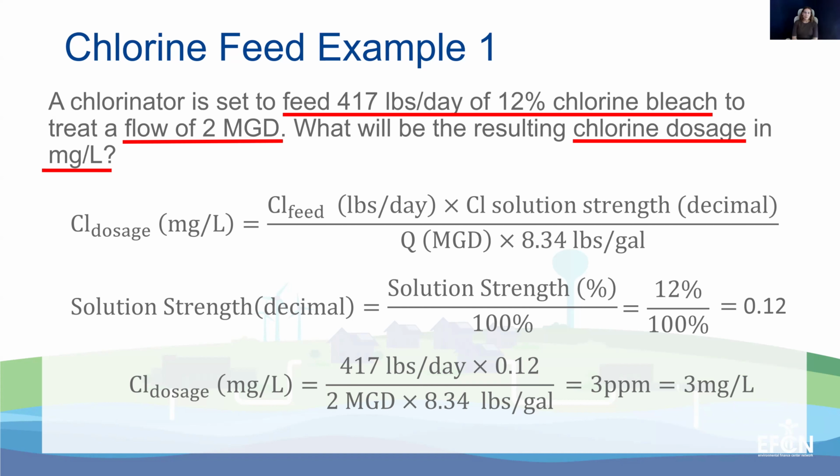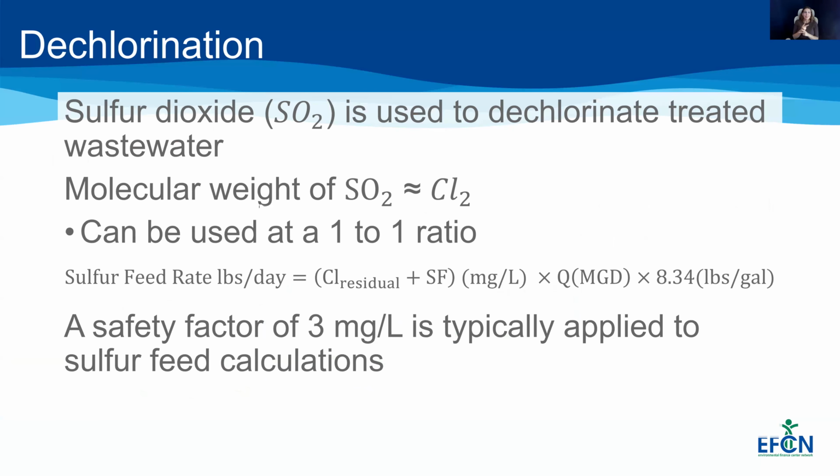Now, also with chlorination, a lot of times we want to be able to calculate our dechlorination as well. A typical chemical that's used to dechlorinate and remove chlorine from our wastewater is sulfur dioxide. Now, this is done because chlorine can cause things like fish kills and can deteriorate the environment if there's too much chlorine in the water. As we know, chlorine is very reactive, and while it's useful in removing pathogens, it also kills other bacteria that are beneficial to wastewater. So that's why we want to dechlorinate.